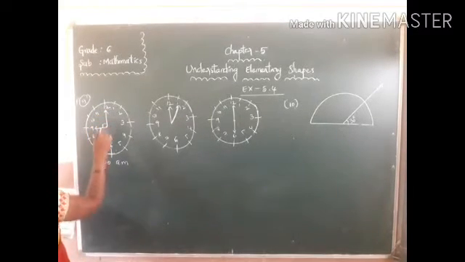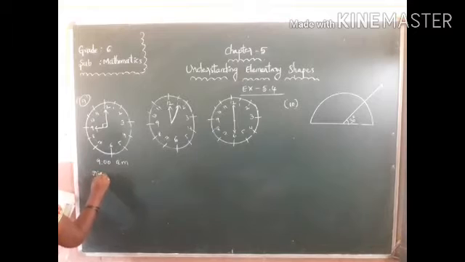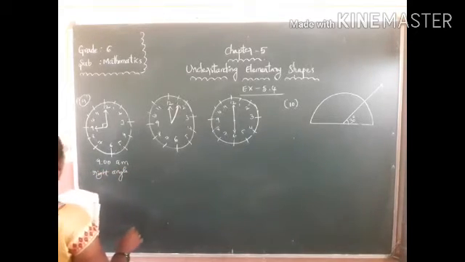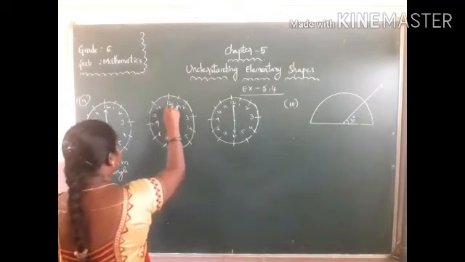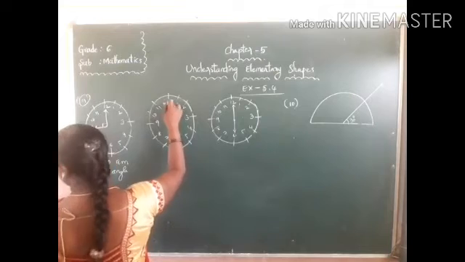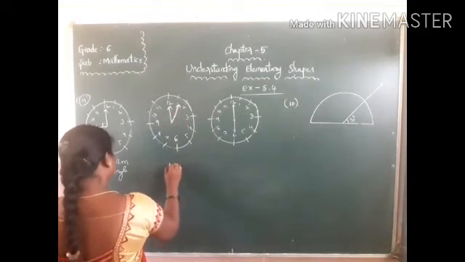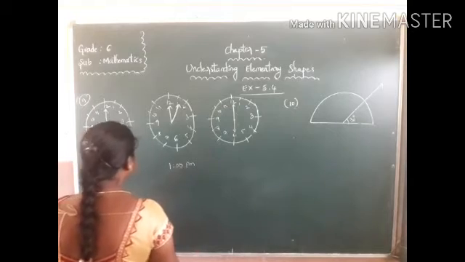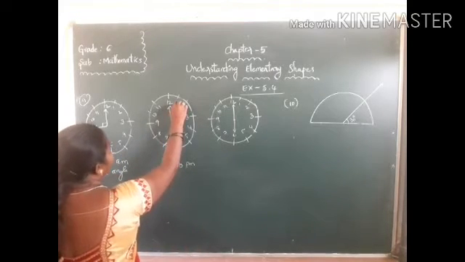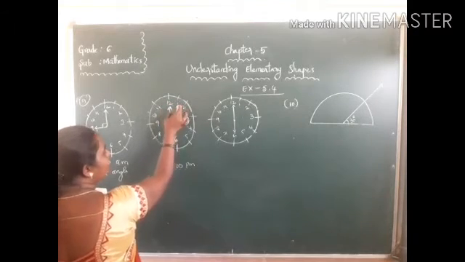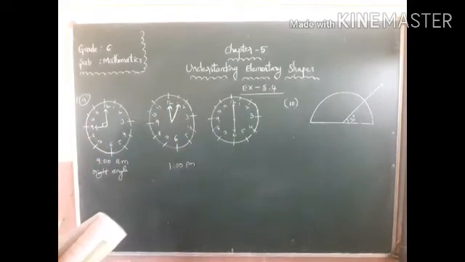Yes, so it is L shape now. So write here right angle. Which angle here? Right angle. Okay, so observe the hands of a clock here. So 12 to 1, that is 1 PM. Okay, 1 PM. You observe from 12 to 1. So how much angle is formed here?